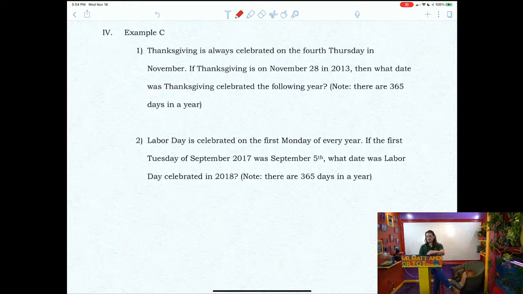Okay, so let's look at this. So the real trick here is that we need to investigate how the dates change from year to year. If we have 365 days in a year, and the days of the week are in a pattern sequence of 7 days in a non-repetitious unit, so you have Sunday through Saturday, a total of 7 days in a week. So if we take 365 days and divide it by 7 unique day positions,